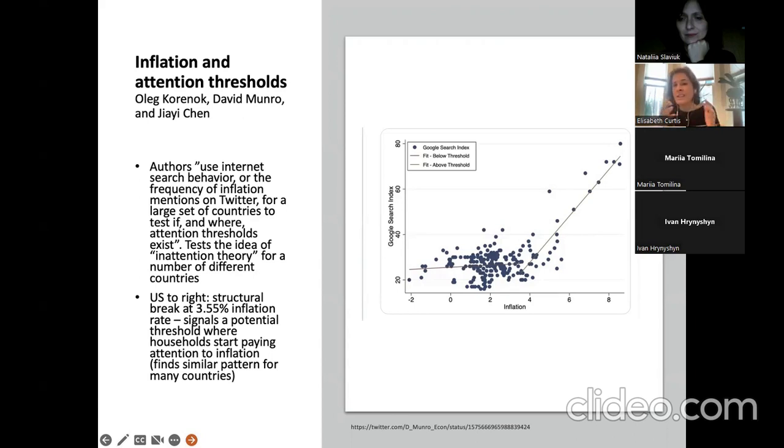So they're interested in attention thresholds. When do people start paying attention? At what level of inflation? They're looking to test this to see if we can find a degree of an inflation rate that causes people all of a sudden to start paying attention to it. And this particular graph that I'm sharing with you is for the US. And I don't remember the date. I don't remember what the time series, or again, you can go see these papers for yourself if you're interested. But this is US data. You can see it in the data, and they have more detail in their numerical analysis, that at about 3.5% and 3.55% inflation rate, there's a structural break in the data, which